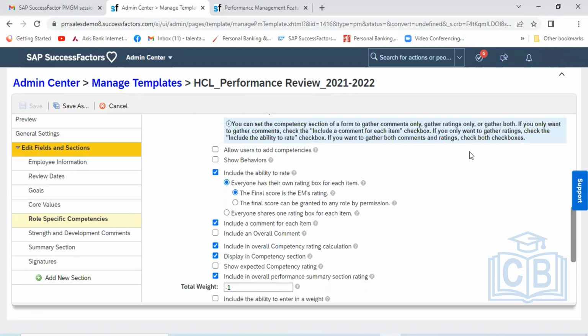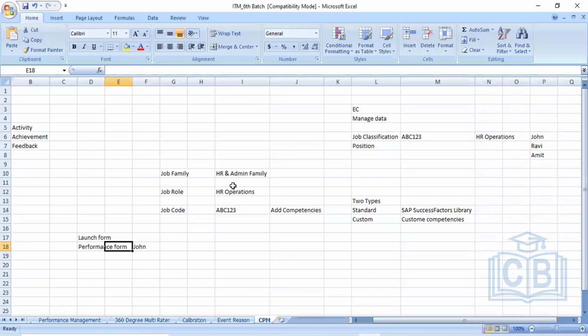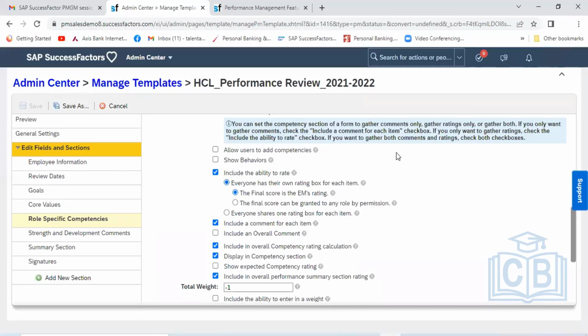Okay, if the client wants that, then it's okay. If the client is not allowing it, then automatically, according to the job code which is already mapped with the configuration we have done, the competencies which are already mapped for that job code will by default come to all the users who are tagged in that job code. So there is no requirement of giving an add button to the employee. You are able to restrict it.